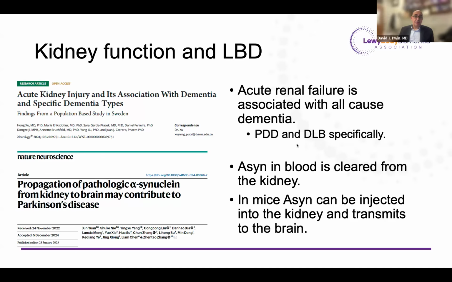Another example of epidemiology and mechanistic work influencing alpha-synuclein is two papers I highlight here. One was an epidemiology study in Sweden looking at medical records of individuals who had renal failure of different acuity and severity, finding an association with different types of dementia. And particularly in this study, PDD and DLB had particularly high hazard ratios or relative risk in the setting of